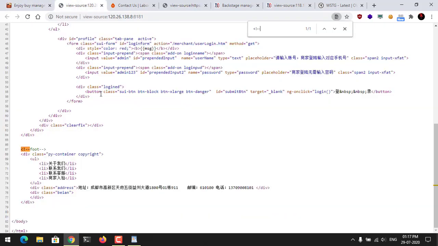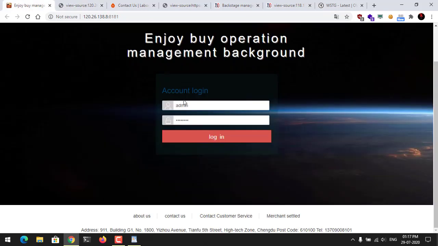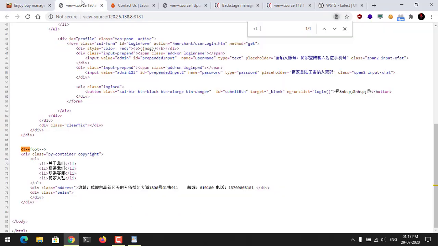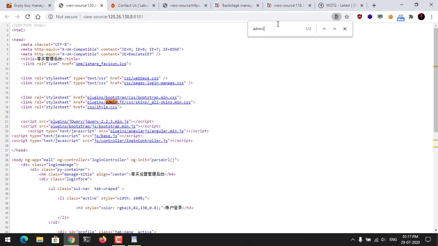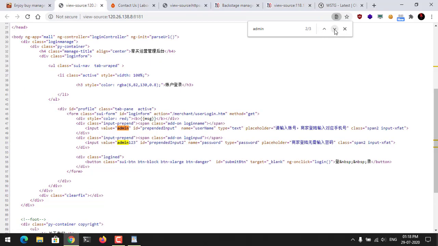So I went to this first website, and since I saw something written about admin, I searched for admin, and there was something related to admin, so I decided to go further. Admin, and then value equals admin, value admin123, and I was really shocked with this password, and there is a placeholder.